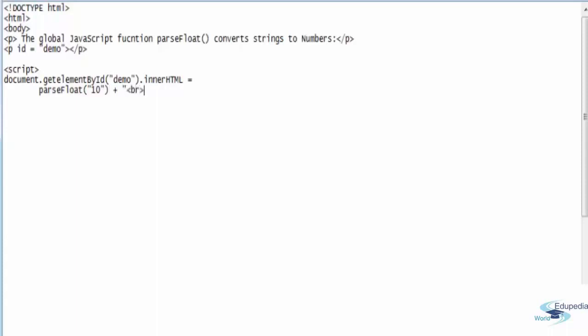Okay, add a break, plus, hit enter and tab, parseFloat of the string 10.33, okay, plus, add a break, plus, enter tag parseFloat 10.6, close the bracket, plus,